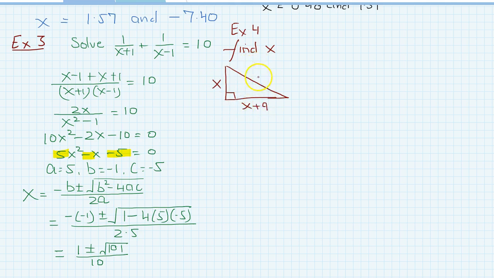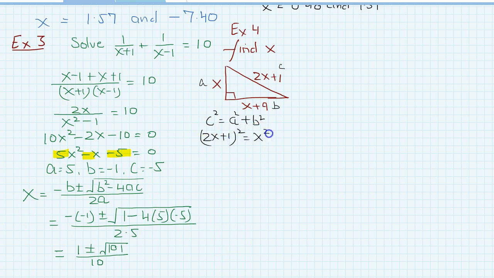And this is 2x plus 1. Now we have to find the value of x. Now this is the hypotenuse. We are going to use Pythagoras theorem, that is c square is equal to a square plus b square. These are a and b, and this one is c. So 2x plus 1 square